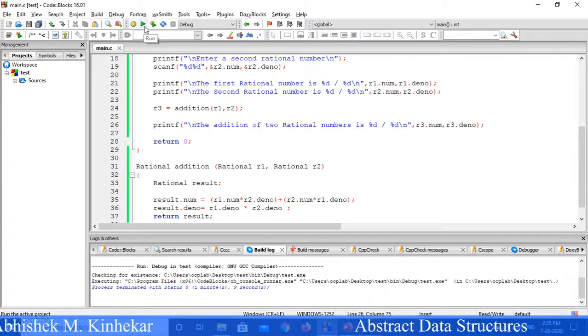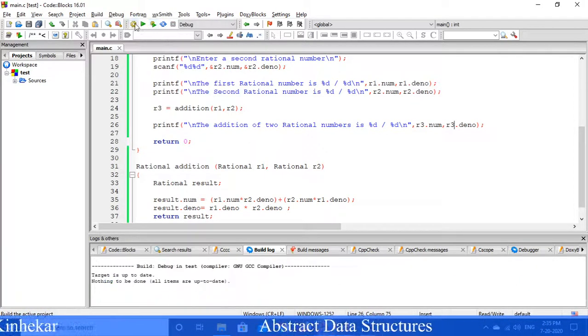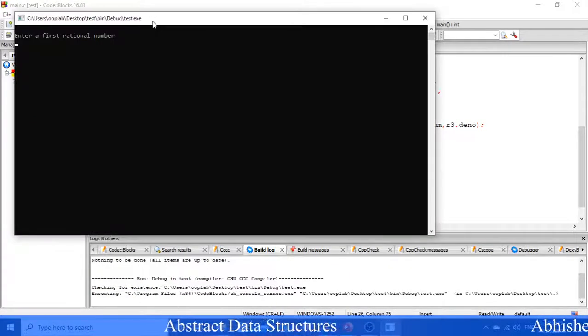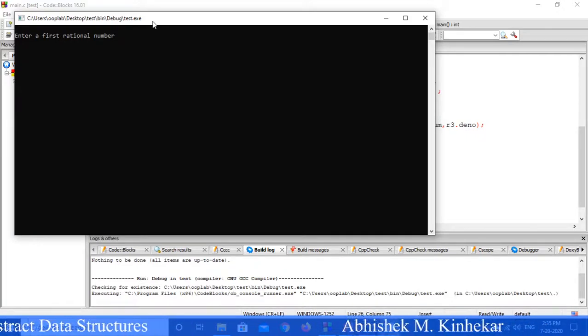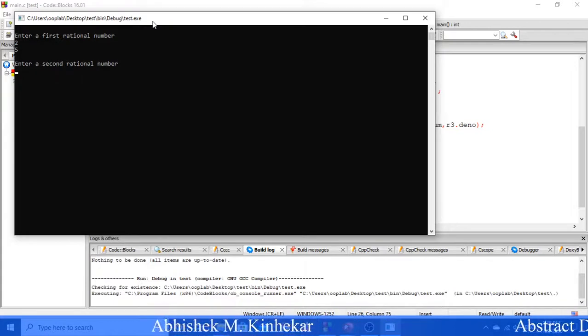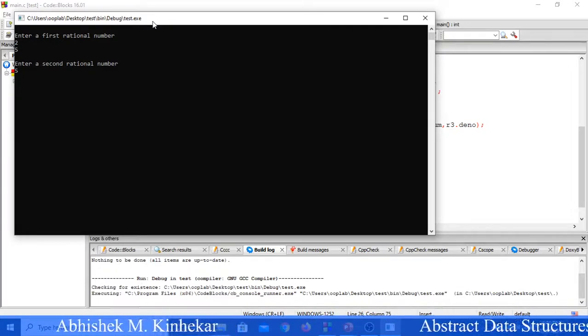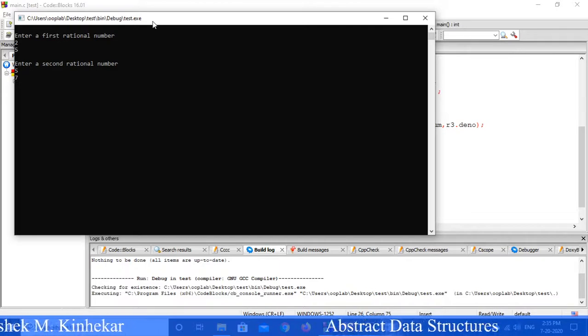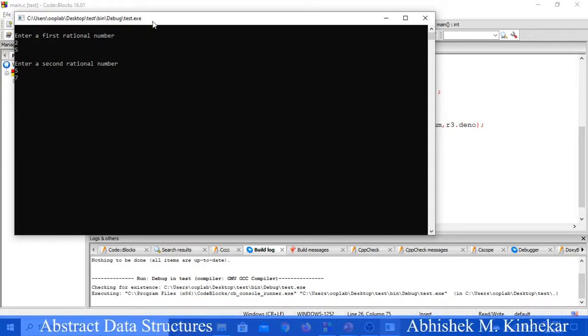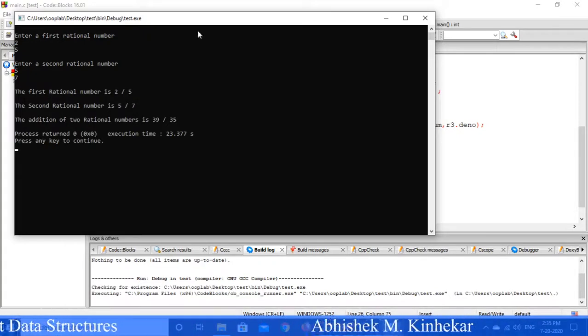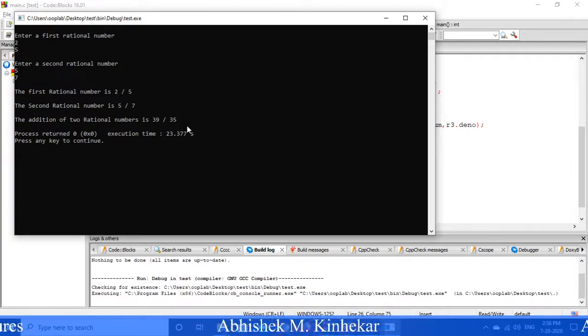Okay, so save, let us compile this and try to run it. It will ask me for the first rational number. First numerator was 2, denominator was 5. So 2 by 5 was my first number. For the second number, numerator was 5 and denominator was 7. So my second number was 5 by 7. Then I called the addition function and printed its addition. See, my addition comes as 39 by 35. So far, so good, correct?